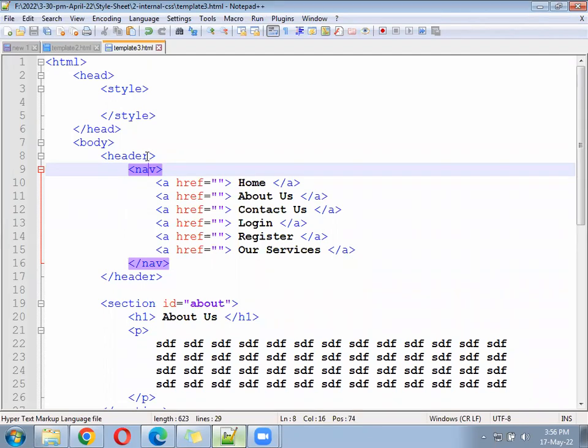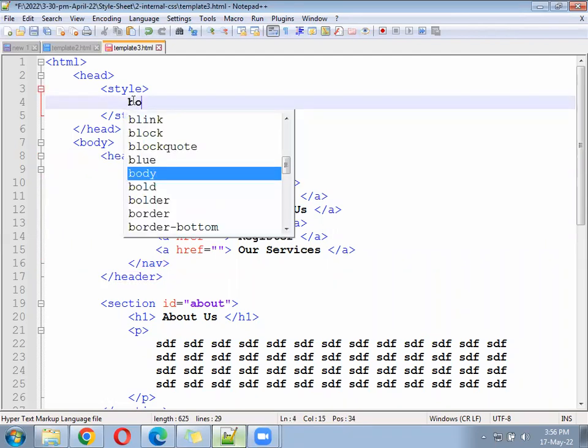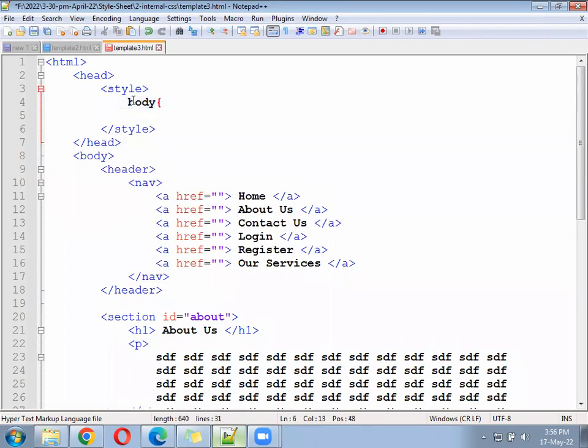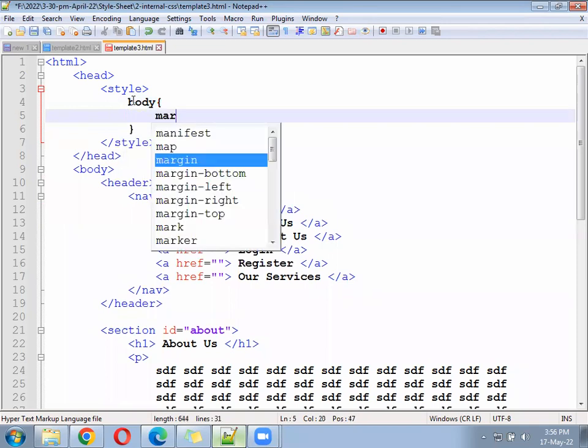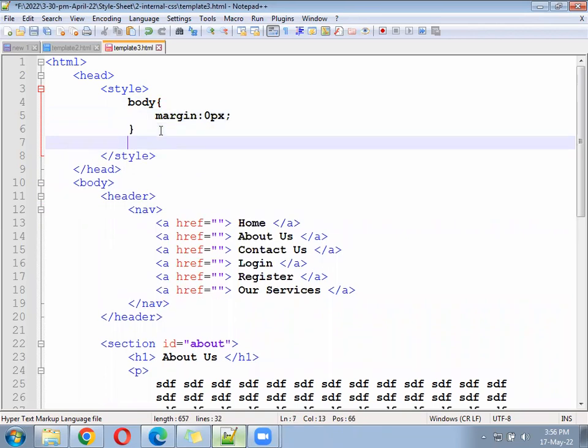So pretty. Now go ahead, write the CSS for body tag. For body tag, we can write margin 0px. Margin 0px. Next, after that,